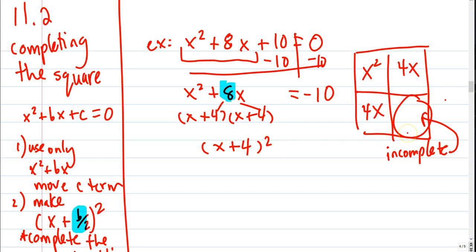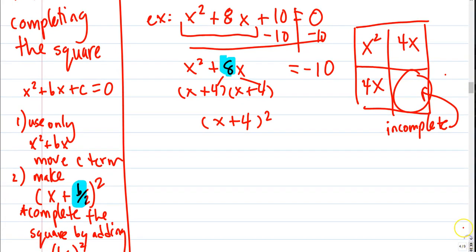So we give it what it needs. We complete the square by adding this number, 4 times 4 is 16, to this side. And if I do it to one side to keep the equation balanced, we do it to the other. So now x squared plus 8x plus 16 can turn into x plus 4 squared, and negative 10 plus 16 is 6. So this was step 1, moving the c. This was step 2, completing the square, adding that 16 on both sides. And step 3,